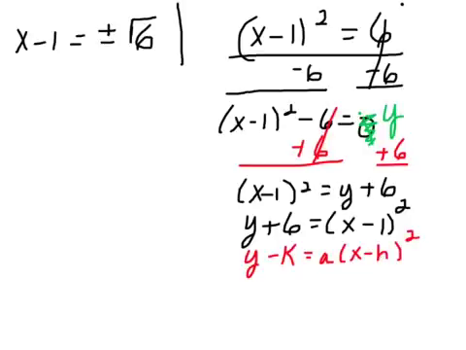Alright, so what's my vertex? My vertex here is (h, k), right? Well, what is the h? Remember, the h goes here, the k goes here. The h is 1. Remember, it looks like a minus 1, so it's really a 1. The k is negative 6. It looks like a plus 6, so it's really a negative 6 in the formula. So I could go graph that. Now, I'm not going to